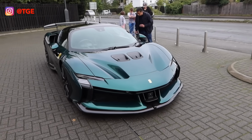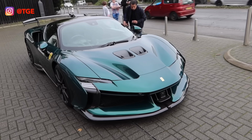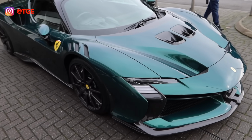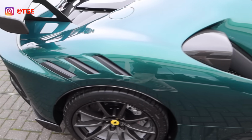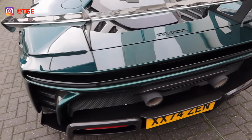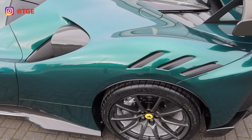Okay, so we've got a bit of a scene outside here. We're going to go through the full spec then. Obviously it's an SF90 XX, we all clocked that one, and the colour is a GB23, named after Greg B. I don't know how many of you remember the fella on Instagram. I don't know if he's still at it, but a very prominent car collector, early days on Instagram, actually created this colour with Ferrari, and it got added to their palette. So this is